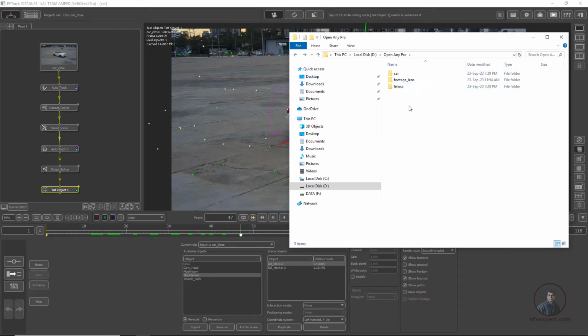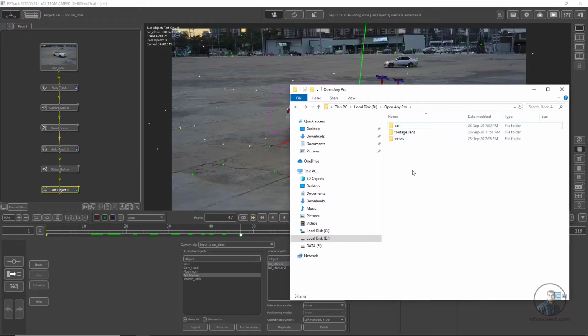Now please note that the first project, our car project, I have shifted from one folder to another folder, meaning I have transferred this project from one drive to another drive. But the second project, our lenses project, I have taken from another computer or from another person. If you are taking your project from another person or another computer, it is also important that you also take the footage on which they have worked. This is important. So these are two different projects here.